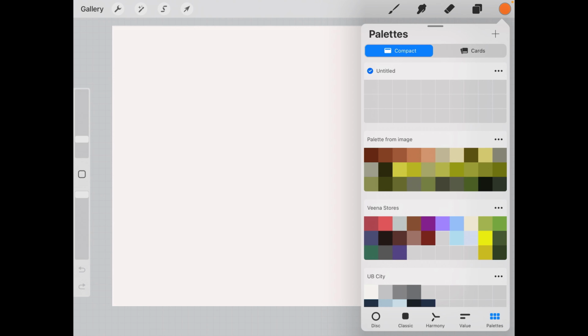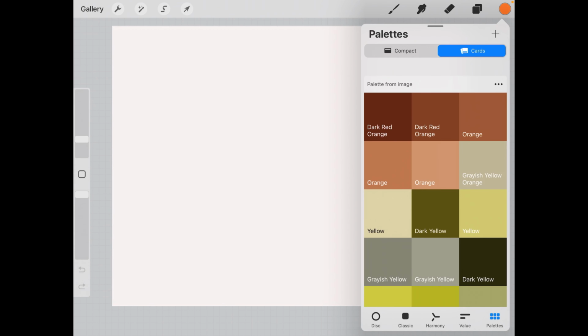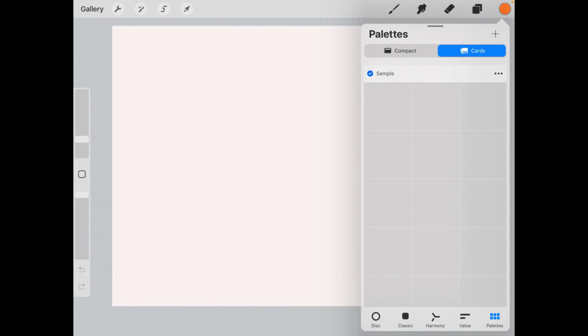Okay, so when I click on a new palette, I can just click on the word untitled and rename it here as whatever I want. Okay, and if I go to cards, it basically shows the same colors but with the name of that color.